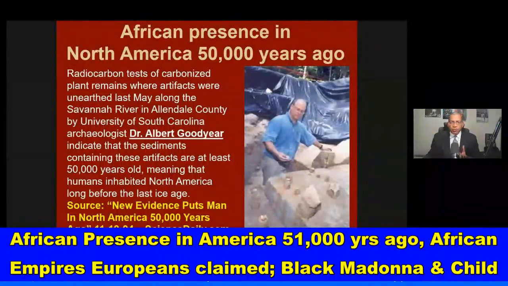So these Africans were the Khoisan, who have the oldest DNA on the planet. They're the short-statured Africans. They go all around the world. They're the ancestors to the Ainu and Atwa, and they were here also. This is Dr. Albert Goodyear. He's a white archaeologist from the University of South Carolina. This article from ScienceDaily.com on November 18, 2004, is entitled New Evidence Puts Man in North America 50,000 Years Ago. This talks about his discovery. Okay, ScienceDaily.com, they have all types of archaeological discoveries, scientific discoveries, etc.